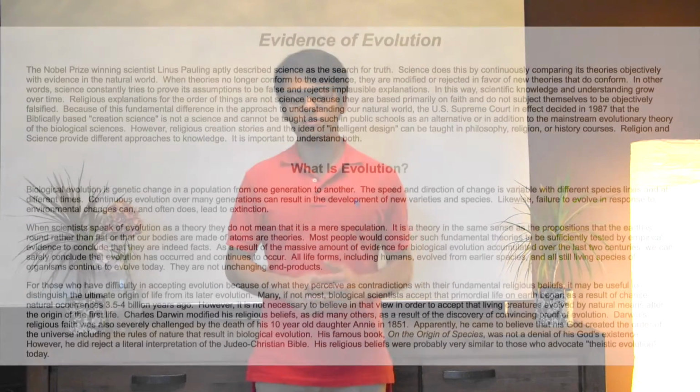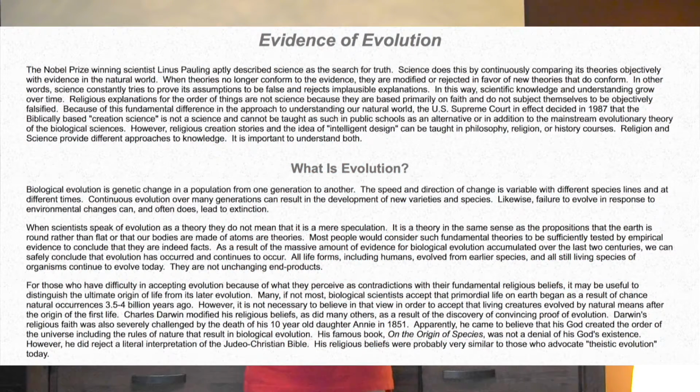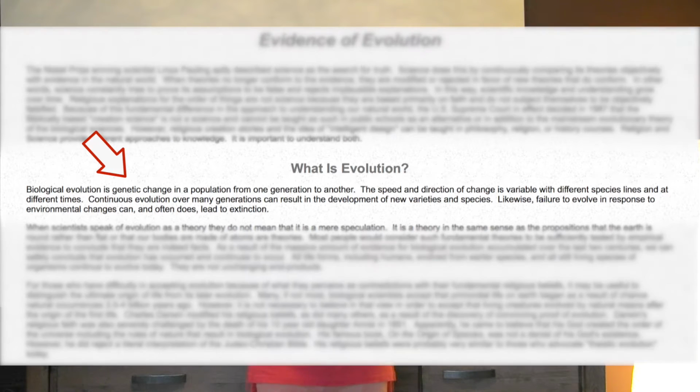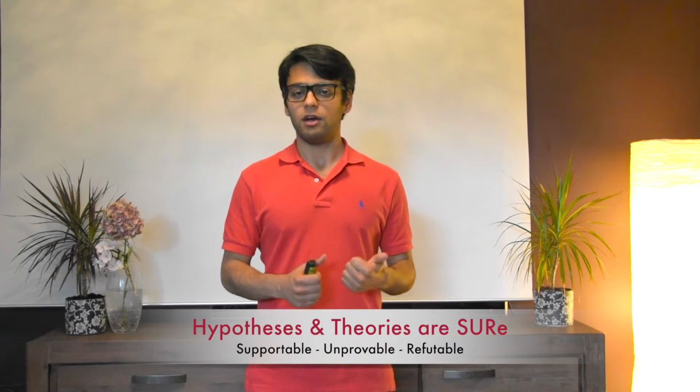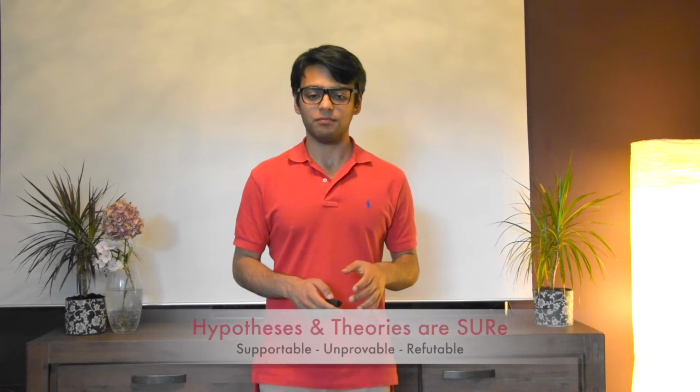Alright, and I like how this website puts it, as we can read in this paragraph here. He explains that genetic variations over time lead to changes which can be passed on to generations. And if a specific generation is not capable of adapting in time, it can actually go extinct. Now let's look at the second paragraph, what he is presenting, and I want you to remember what we were talking about: hypotheses, theories, and facts.